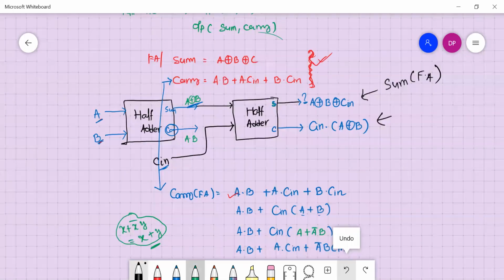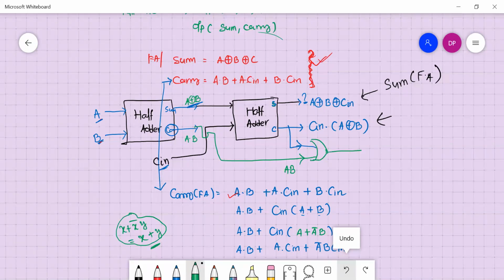Let's bring it here. This is AB, and this is this component. And we should take OR of this.